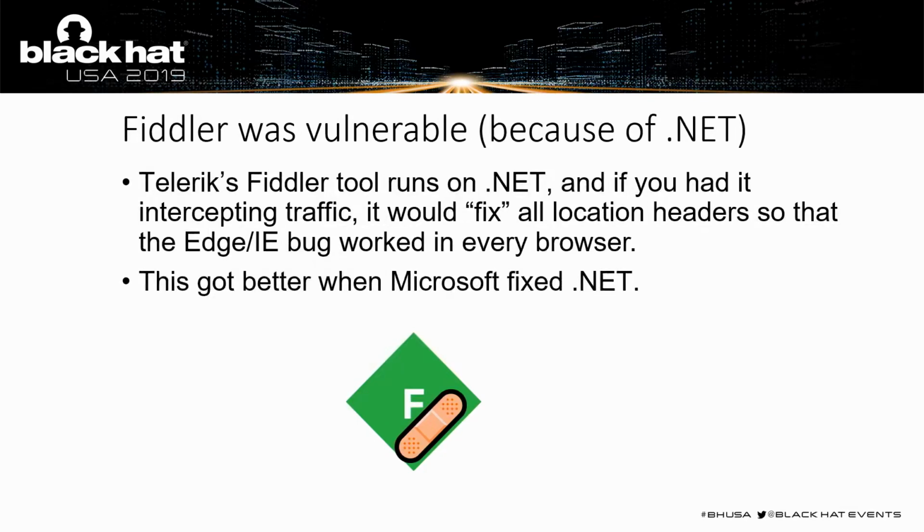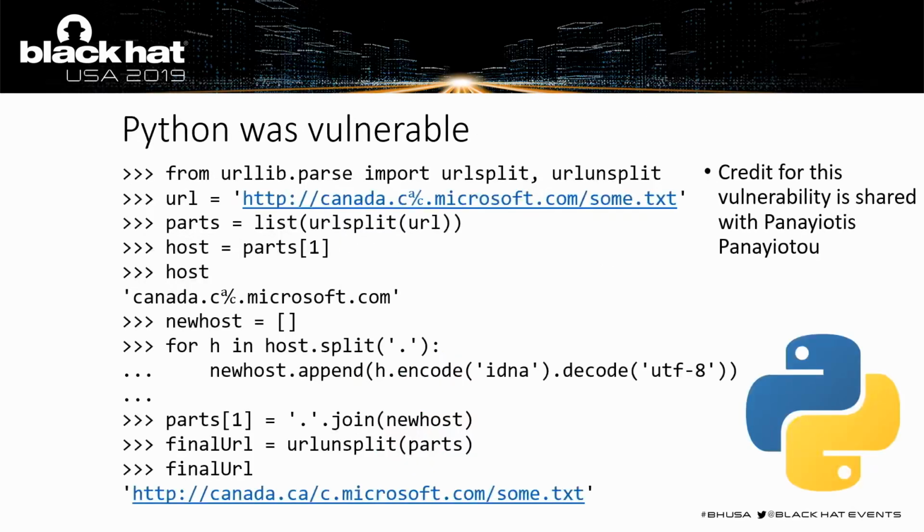But .NET was not the only vulnerable framework. Python was also vulnerable. So in Python, there's a built-in library called urllib, which is used for parsing host names and things out of URLs. And Python also has encodings where you can map host names, say, from IDNA to UTF-8 and things like that. And this is essentially the same vulnerability that .NET had. If you tried to parse the host name out of a URL where you've got one of these host split characters, so here it's canada.c account of.microsoft.com,